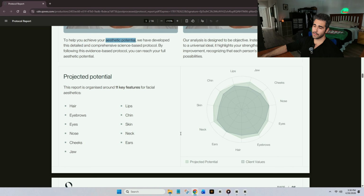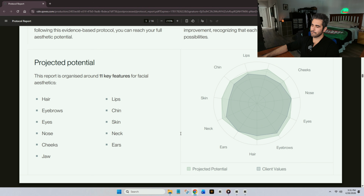So this is pretty cool. They use a radar map, all the features on your face, and they say, all right, here are your values. And I'm going to zoom in on this. All right, so here are your values. You see the darker blue one? And here are the client or the projected values, all right? So the before and after, which is interesting because just looking at this,